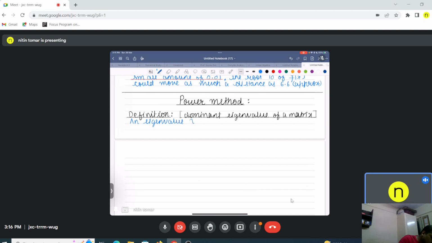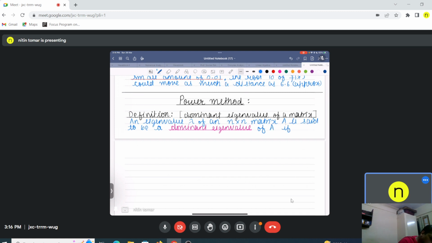An eigenvalue lambda of an n cross n matrix A is said to be a dominant eigenvalue of A